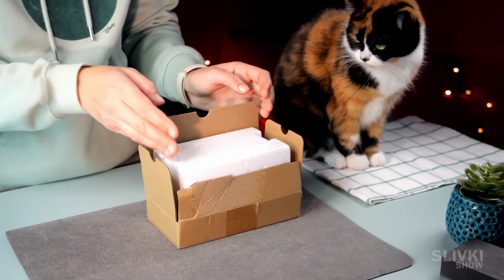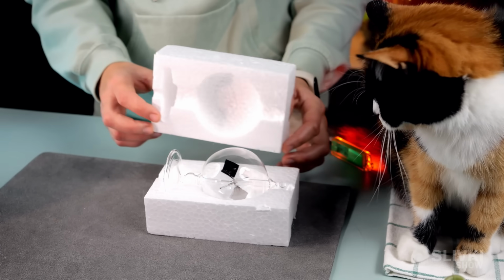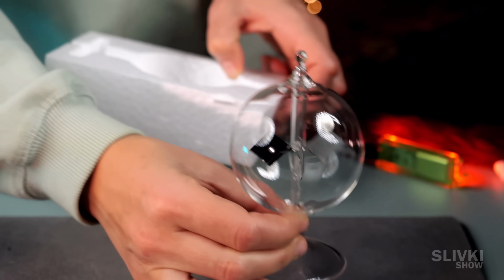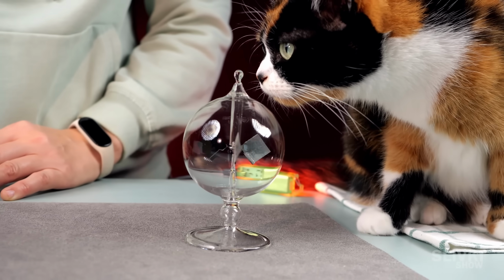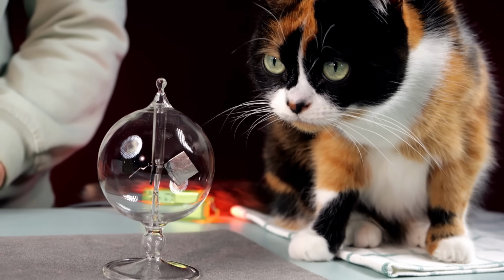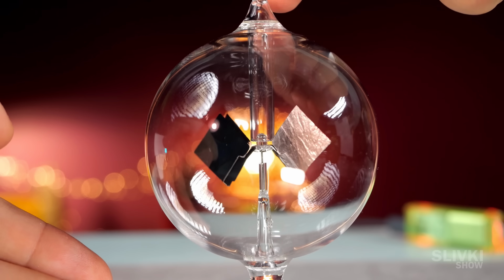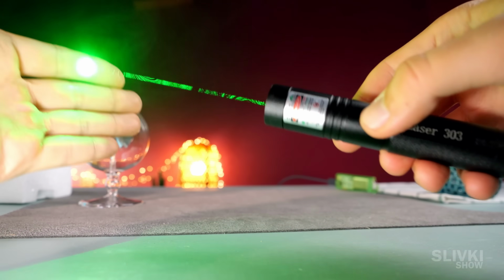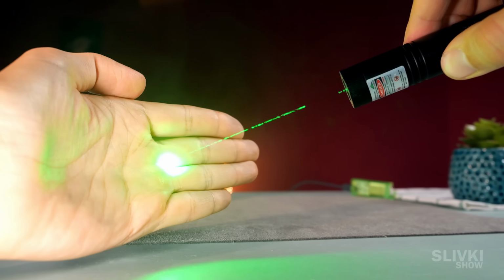The day before yesterday, the Chinese sent us another strange device. It is a hermetically sealed ball containing 4 blades similar to those used to measure wind speed. Our device can show us the light pressure. That's right, the laser pointer is now pressing on my hand, even though the pressure isn't great, and now it's